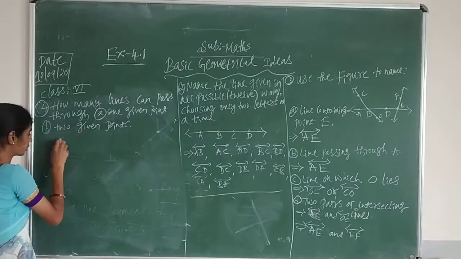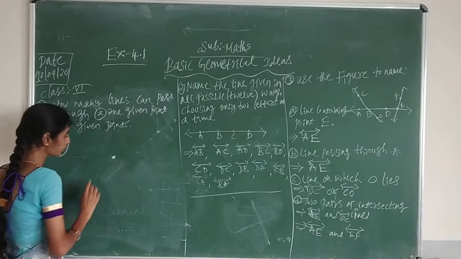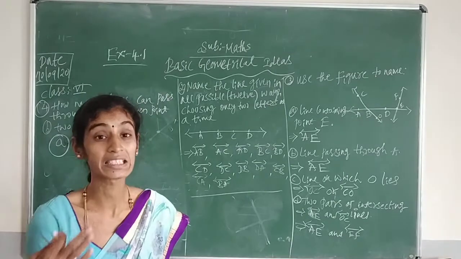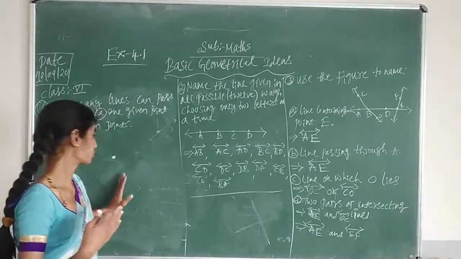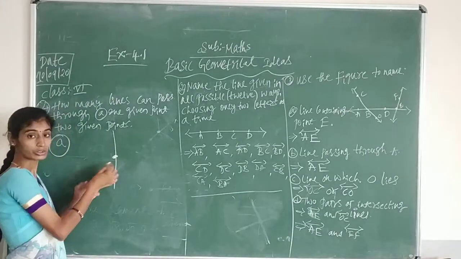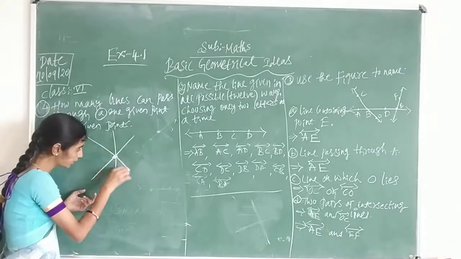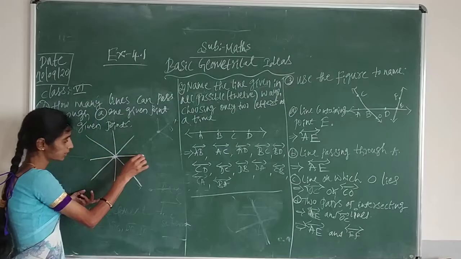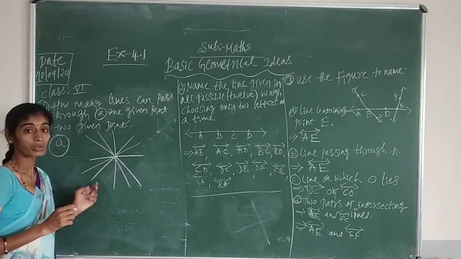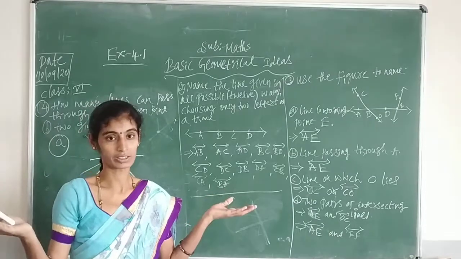So now I am going to write the A answer. What is that answer? They have given 1 point. So using this point, how many lines can we draw? How many lines are going to pass through this point? Pass means like this. It should go like this. So this is one line. Again this line is passing the point. Again this line is passing. Again this line. So for the given 1 point, there are infinite lines.